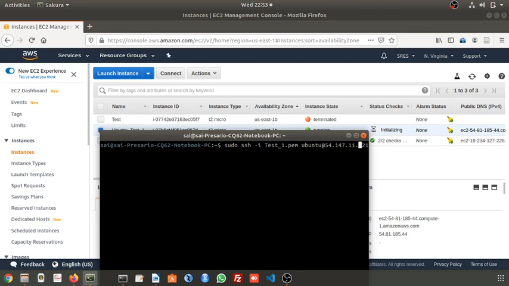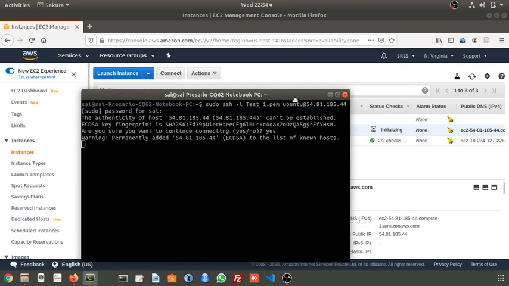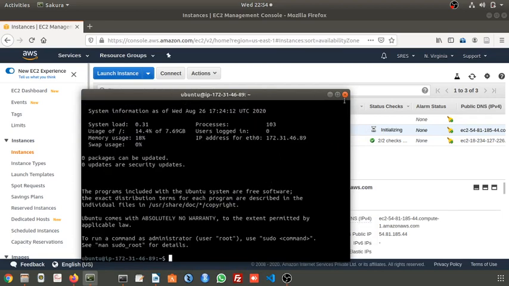The IP address we have already copied: 54.81.195.44. Now this key will be added to your local machine for the first time. Yeah, now it is connected.